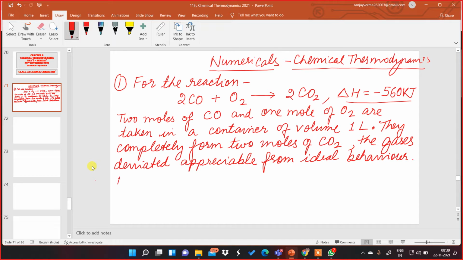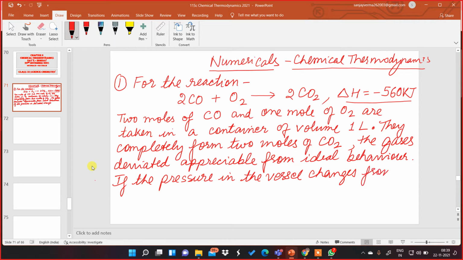And also, if the pressure in the vessel changes from 70 to 40 atm, atmospheric pressure,